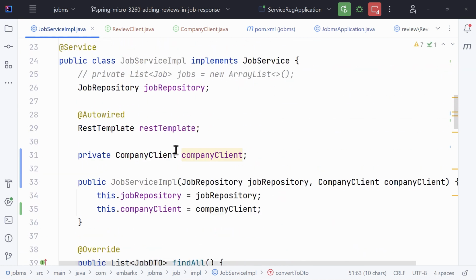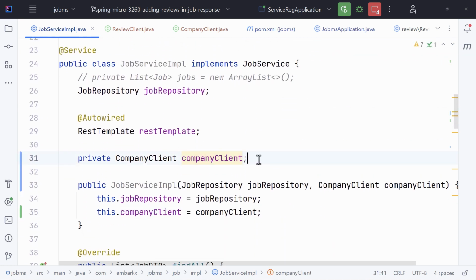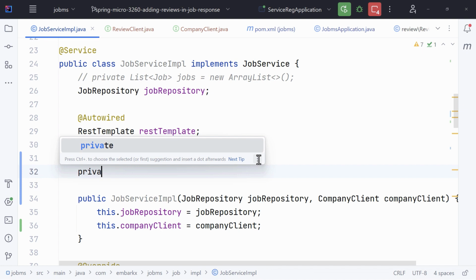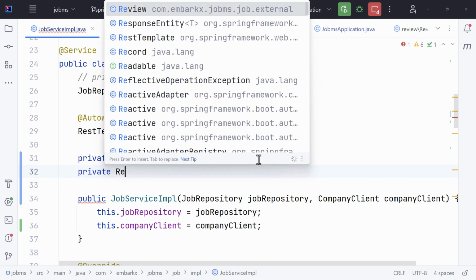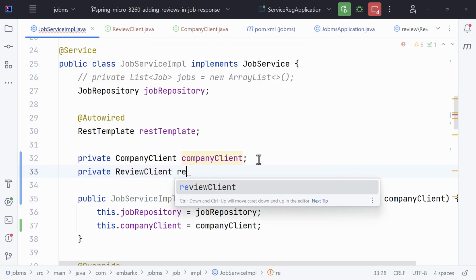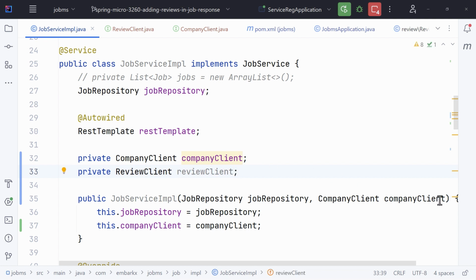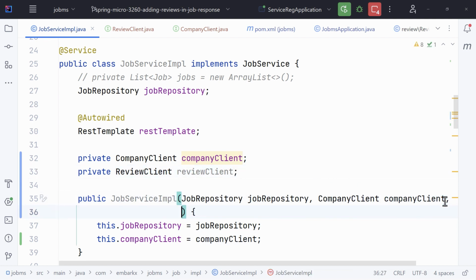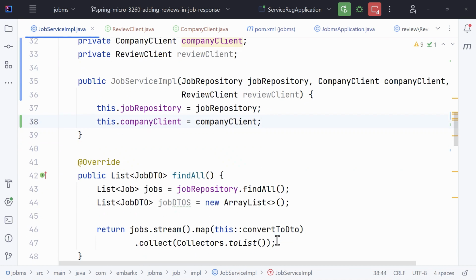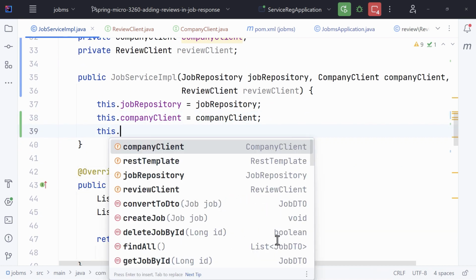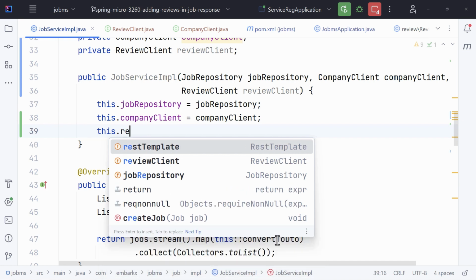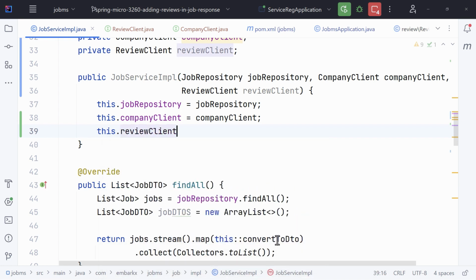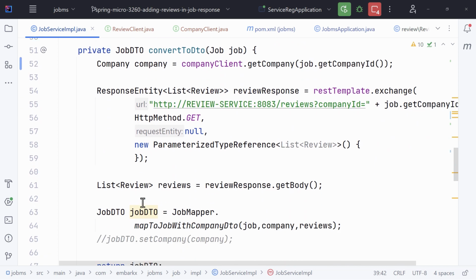Now in a similar way to company client, we need to create an object of this particular interface. So we'll say private review client, and I'll create an object here, review client. Okay, like so. And here I'll assign this, so I'll say this dot review client. So we are done doing this, and now here what we can do is we can just do away with